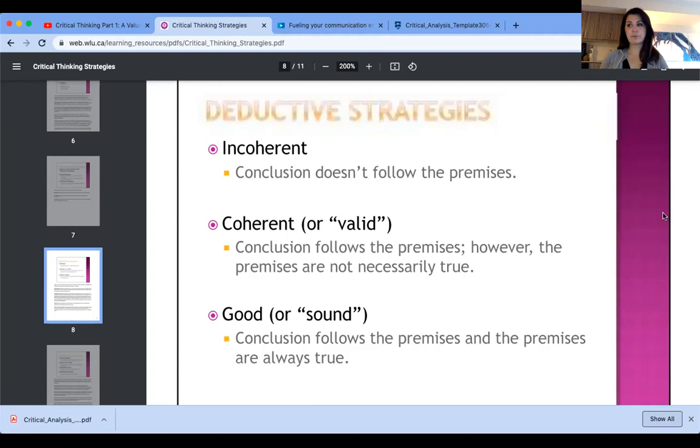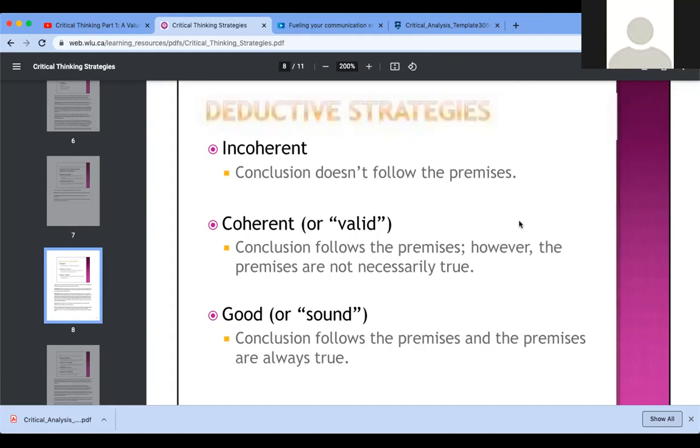Specifically for the benefit of the students who arrived a few minutes late: I have some reasons, and I need to rely on my reasons in order to prove a conclusion. Some reasons are not necessarily true, but I can still prove my conclusion. They are considered coherent or valid enough. There are other premises from which the conclusions are drawn, where the conclusion follows the premises and the premises are always true for the conclusion.